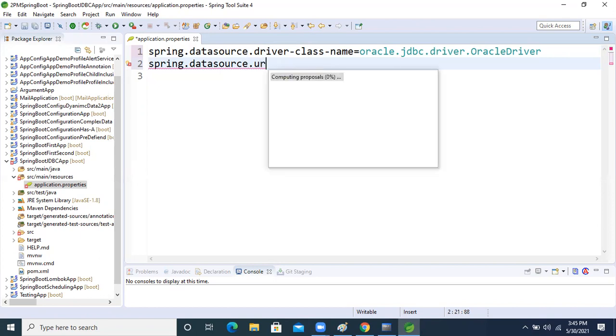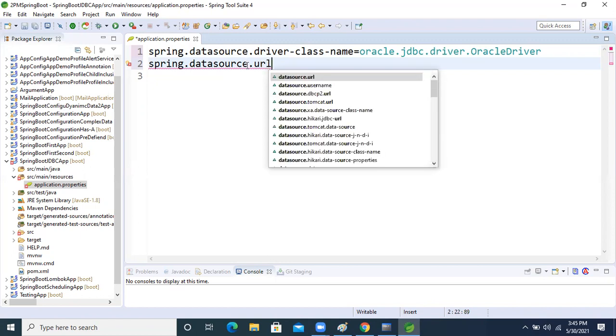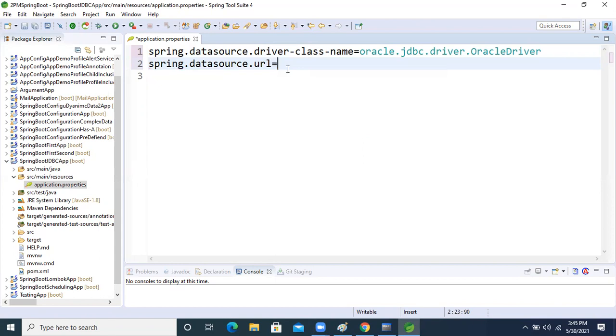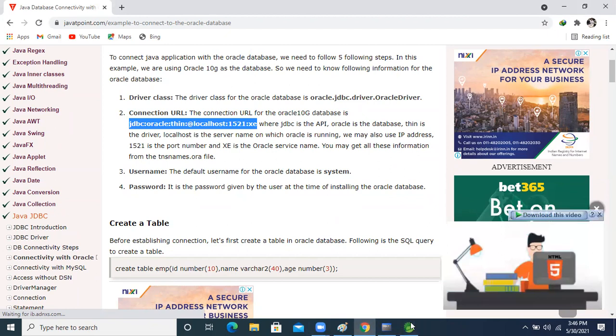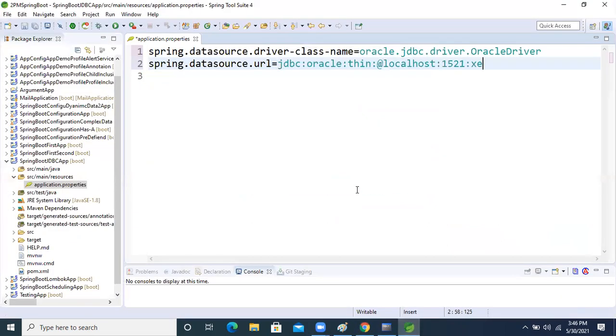Guys, my system is getting slow. So what is the URL now? Come to the internet: jdbc:oracle:thin:@localhost:1521:XC, the global ID XC only. Now come here and paste.